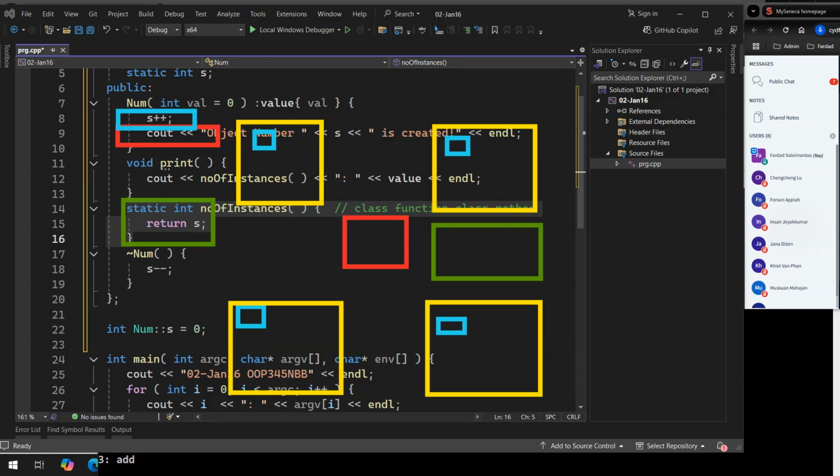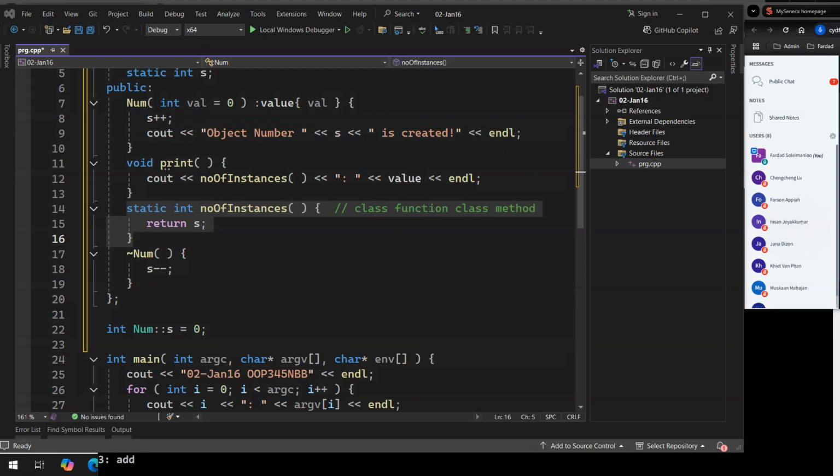So now I can actually run the main part too.